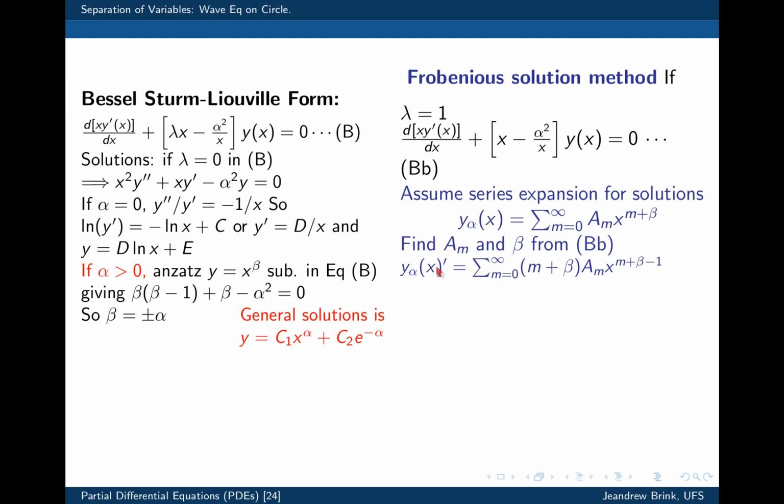The first derivative is m plus beta times that thing to the power minus 1. The other derivative we're going to need is the second derivative of y, which is the derivative of this thing, so it is m plus beta times m plus beta minus 1 times x to the minus 2. And now we substitute these two